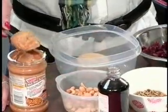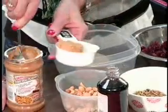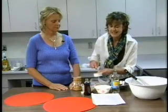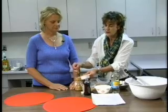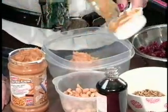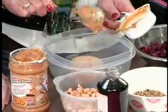Now we add in the peanut butter. And again, this could be any brand, creamy, chunky, it doesn't really matter. I tend to like the crunchiness, so I always choose the crunchy peanut butter. You measure that right into the bowl. And again, you want to use a